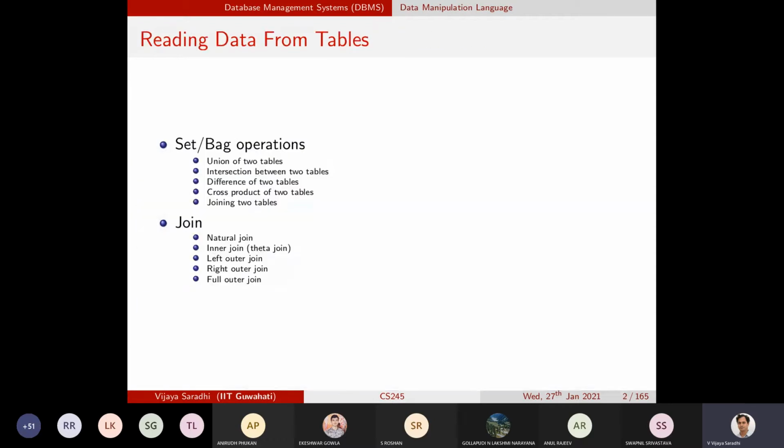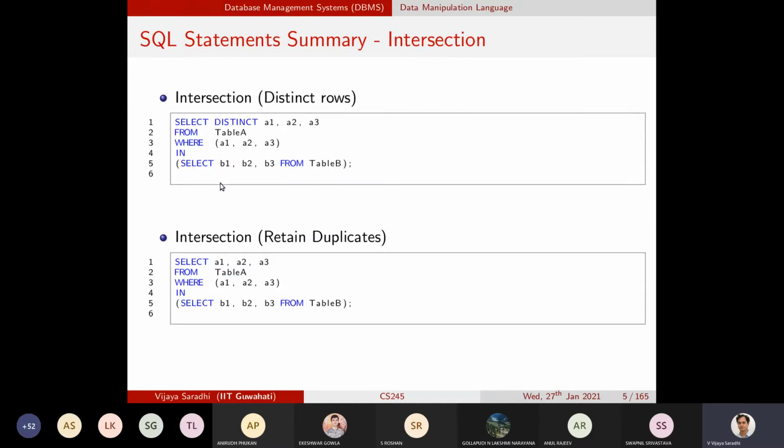But to do that, we need to have some more tools in terms of operators. Therefore, we will continue our discussion with cross product and joining of the two tables. When we complete all these join operations, we will revisit intersection and set differences, and see how, in the presence of duplicates, we can reformulate this SQL statement to find the intersection between two tables or set difference between two tables.